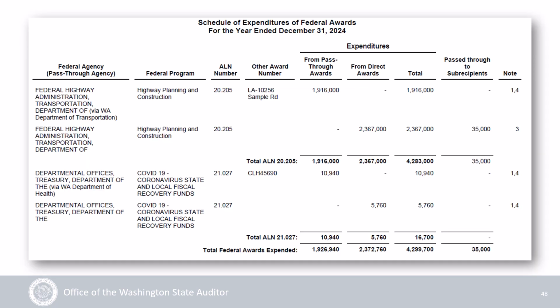And here is the final version of the Schedule 16 that gets exported from the filing system after you upload the template. So you can see that the template was really basic and used only to import the data, but then the filing system generates this professional version. And as you can see, the federal agency and program names are included, and the system automatically totals everything and includes the applicable clusters as well.